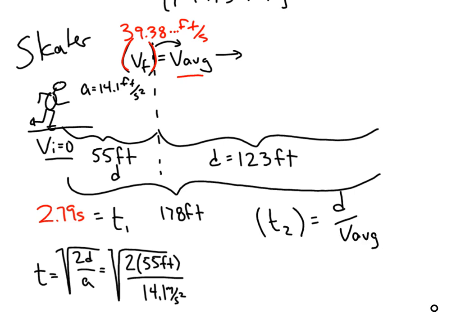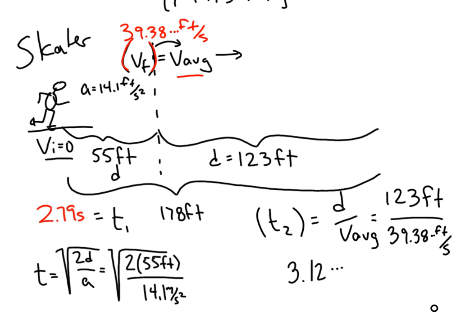Now, because we're looking for just the time in the second interval, we're going to use just the distance in the second interval, 123 feet, and just the V average during that second interval, 39.38... feet per second. Use the unrounded number. When you do that, you end up with 3.12... seconds. Now, those two times, 2.79 seconds for the first interval and 3.12 seconds for the second interval, they can